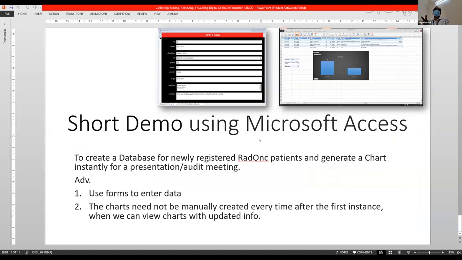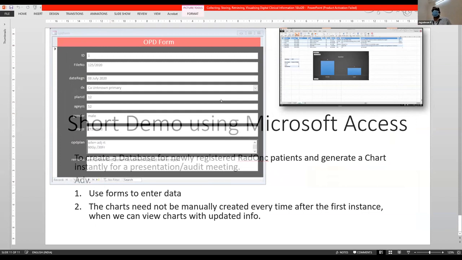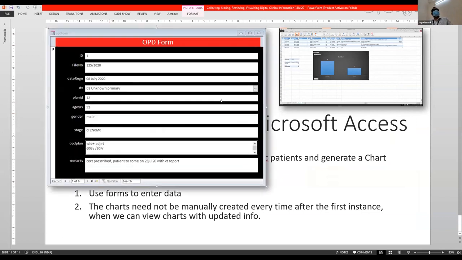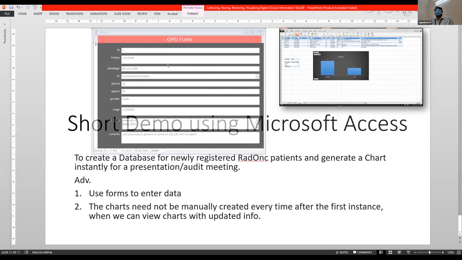As I told you, I'm going to demonstrate how to create this using Microsoft Access, so that at the end of this creation, we will be able to create a form as shown here. Let me just maximize this in case you want to see it better. It's a simple form. Of course, it doesn't have a lot of design components in it. Designing is always secondary. The most primary part is to get all these fields to come up in the software so that you enter each and everything every day. Designing can be learned later, and you can beautify it as and when or however you want it to be done.